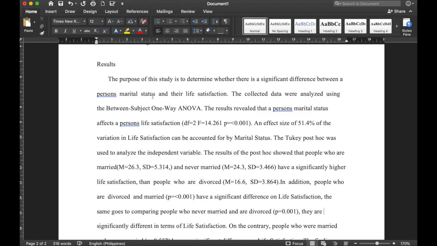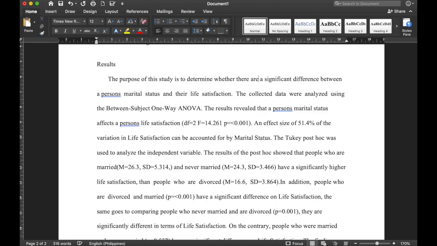between a person's marital status and their life satisfaction. That is a bit misleading, because it seems that the statement is suggesting that we are comparing marital status and life satisfaction, which is not really what we want to do, and it doesn't make sense really to compare one variable with another variable. I think what the student wants to say here is